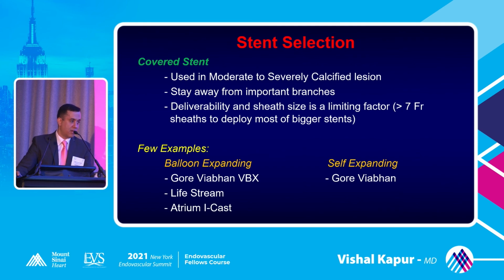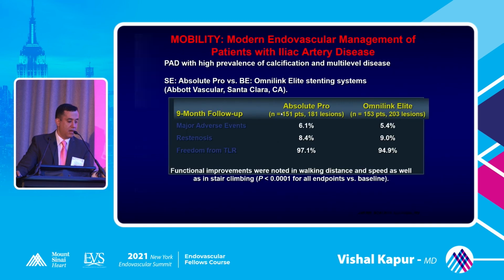Covered stents, like we talked about, are usually used in moderate to severe calcification. Try to stay away from the branches. If you have to occlude, you have to, but we try to stay away from the branches. But especially when using covered stents, you have to be cognizant about the sheath size. God forbid there's a perforation, you have a 7 French system, you want to use an 8-59 long covered stent. Most of these won't go through a 7 French system, especially bigger sizes or even smaller sizes with bigger length. Whenever you're doing iliac intervention, any intervention, be cognizant about your stenting.